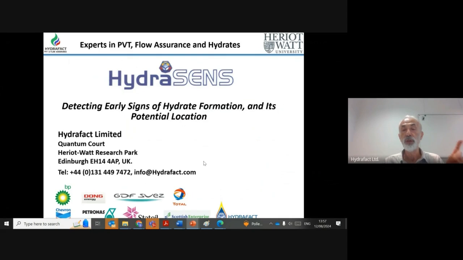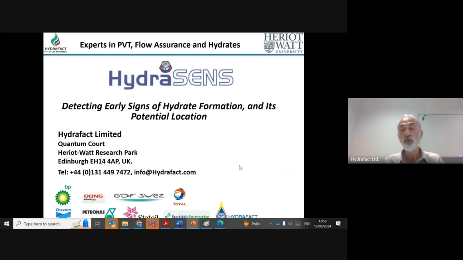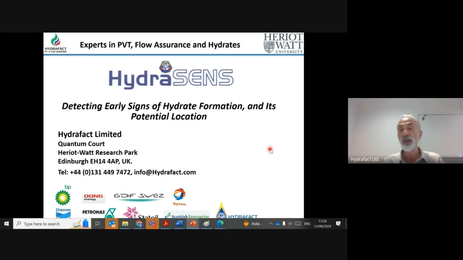Where is it forming? Middle of the pipeline, in the beginning of the pipeline, towards the end of the pipeline, because it will help us to find a solution. If it is, for example, in the beginning of the pipeline, we need to inject inhibitor from the beginning of the pipeline. If it is at the end of the pipeline, maybe we decide to reduce the pressure. So first,